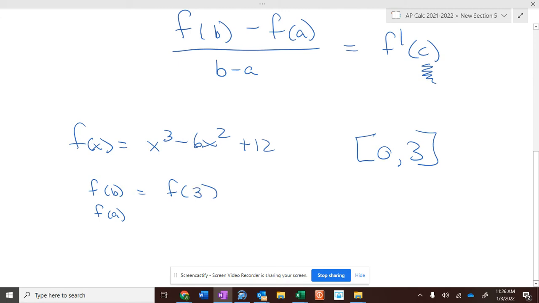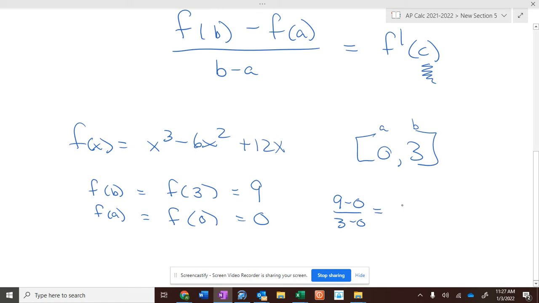So you're finding f of 3. You stick 3 into this function. 3 cubed is 27. 3 squared is 9. So 27 minus 54 plus 36 gives you 9. What's f of a? That's f of 0, which gives you 0. So f of b minus f of a over b minus a is 9 minus 0 over 3 minus 0, because this is a and this is b,